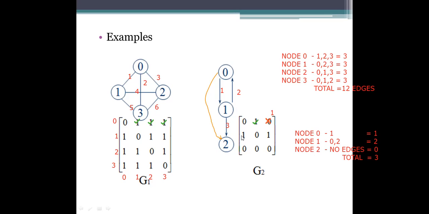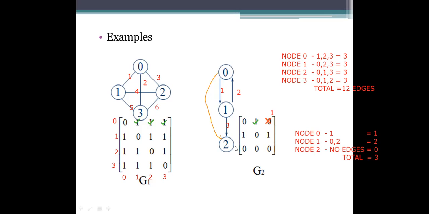And coming to the next one, next node is 1. 1 has two out links, one in link. So here the in link will be specified at its own node, and out links will be specified at this node. So 1 to 0, 1 to 2 have been taken into account. And 2 doesn't have any edges specified to either 0 or 1 or itself.